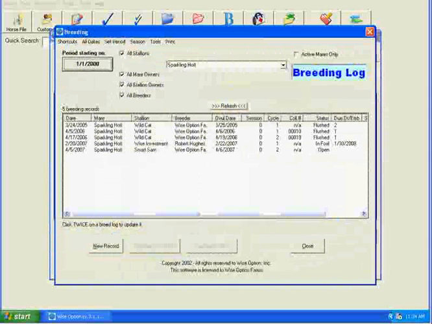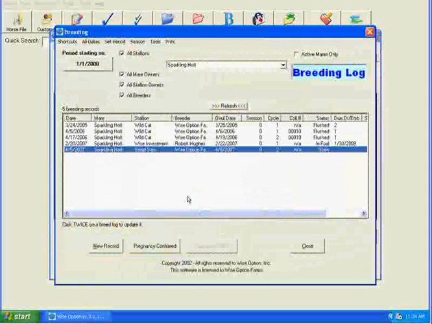Now, anywhere you can access the breeding log is fine. This way just simply happens to have several years worth of information and only her name in it. So it's a little bit easier as far as having to go through all of the mares that we've been breeding on. So here is her breeding record that is associated with that flush,